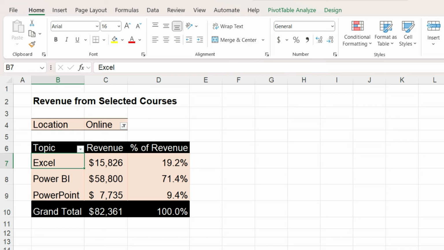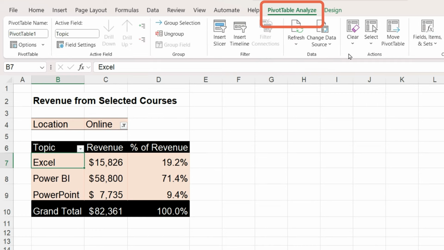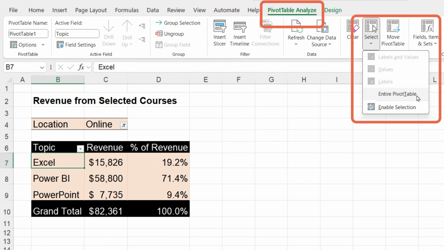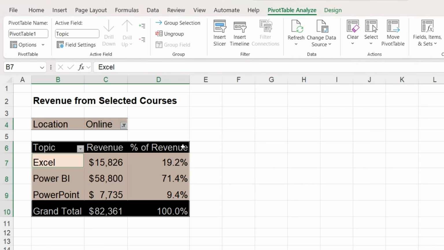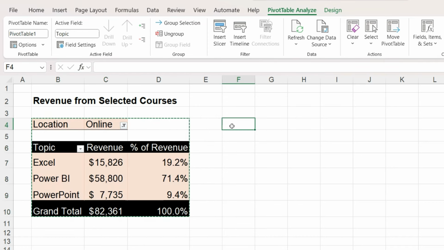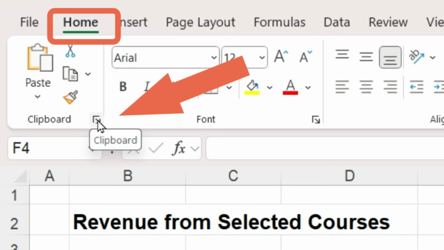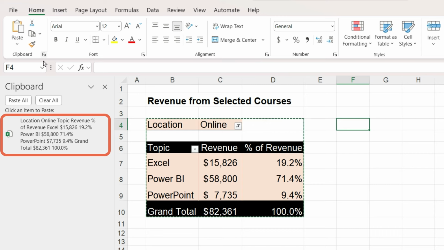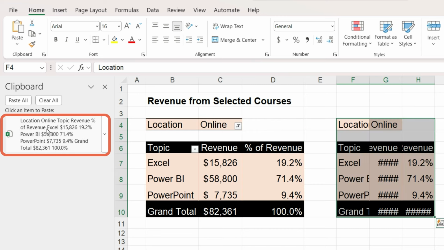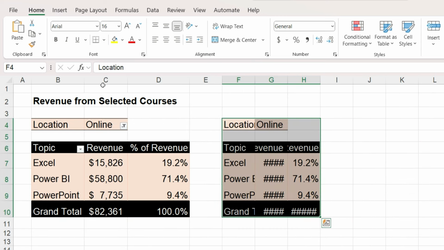The first way is to click somewhere in the pivot table, go to Pivot Table Analyze, select Entire Pivot Table. Right mouse click, Copy, then click in the cell where you want the copy to appear. On the home ribbon in the clipboard area, in the lower right-hand corner, click the small arrow. Select the last thing you copied, which will be at the top of the list. This way, all the data and formatting are included except for the width of each column, but we can add